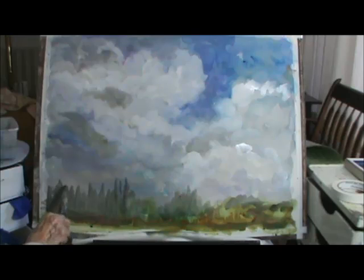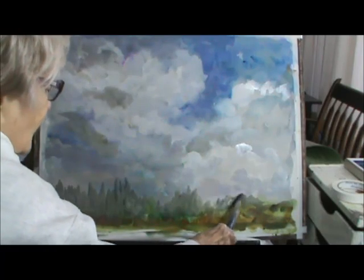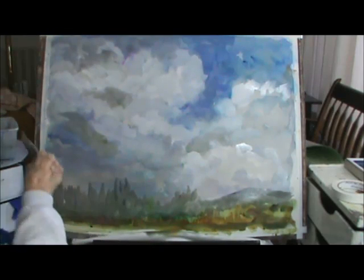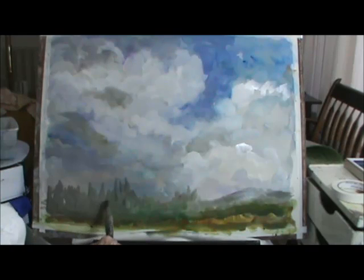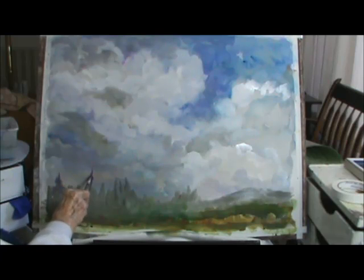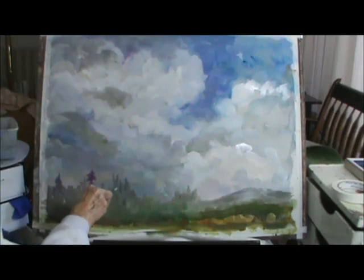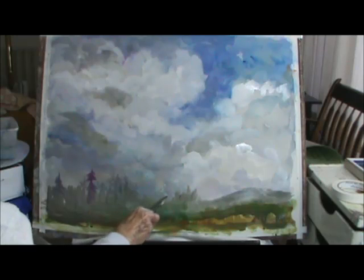And, you know, you can just abstract trees. Then over here, a few of them. Maybe it's mountain like coming down here like this. Some greens right down here. Now on these trees here, I'm going to have to put in some suggestions of pine trees. And I'm just doing like this. It's simple. When you're doing a video, you can't be real fussy with things, you know. But